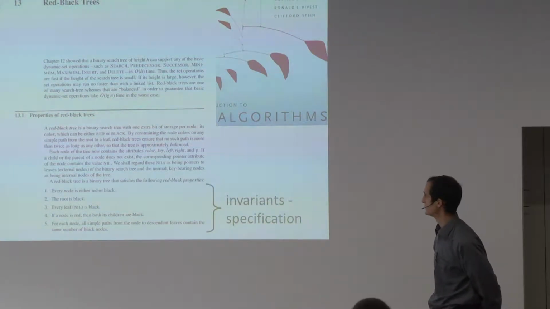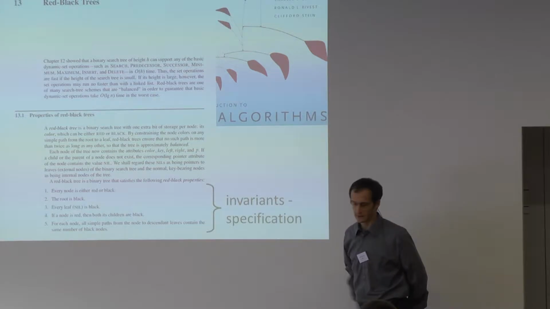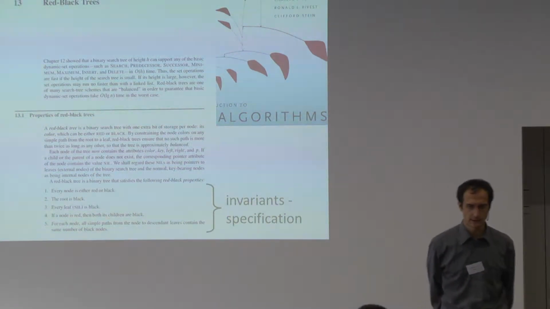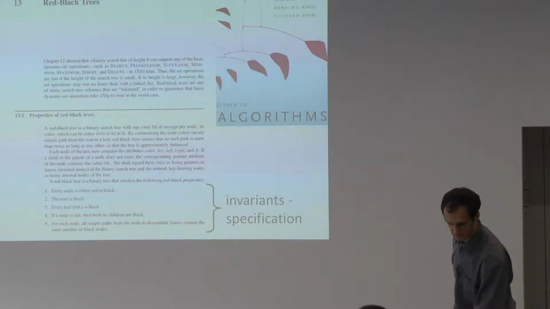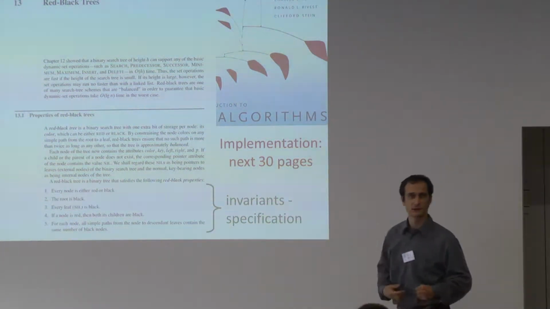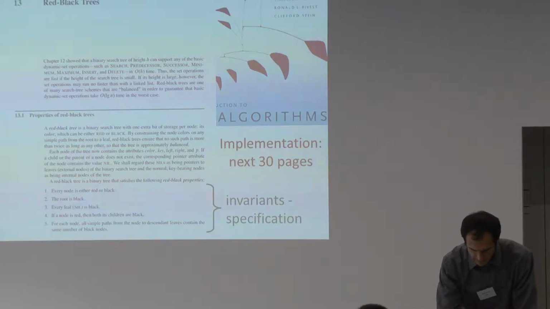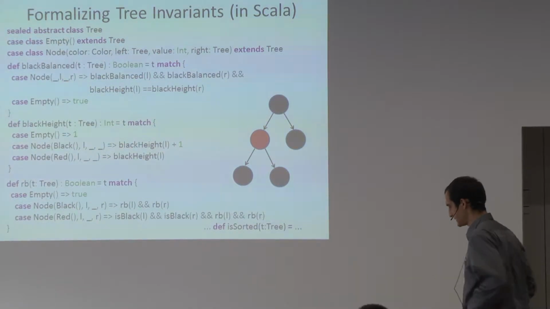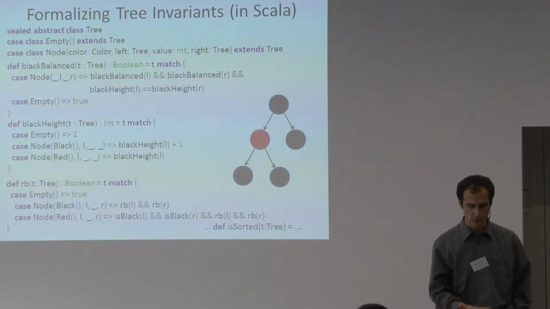and the further invariants talk about the alternation between red and black nodes inside that ensure balancing. But the key invariants are actually specified in really only a couple of bullets of English, but still it's fairly short. Now, the implementation of red-black trees is the next 30 pages with explanations why it works and so on. So we can see that natural language specifications appear both more natural to present first and also more concise than